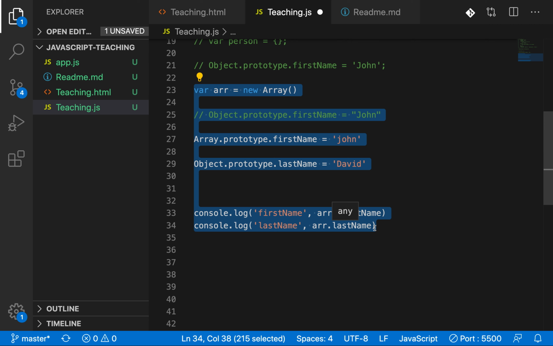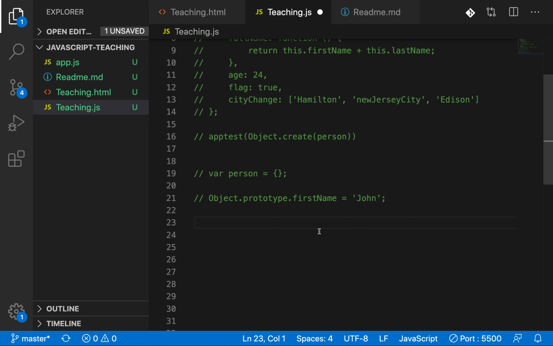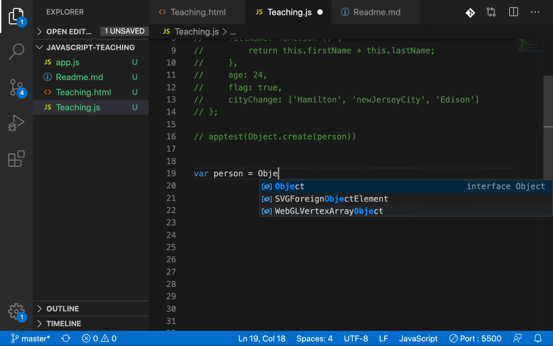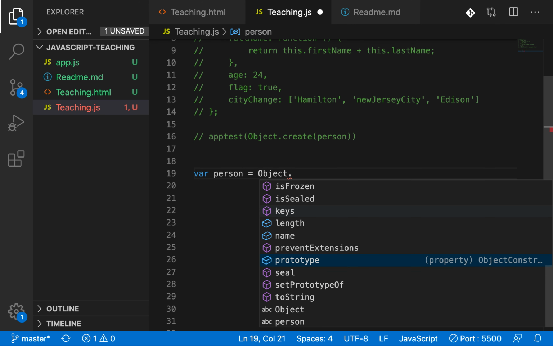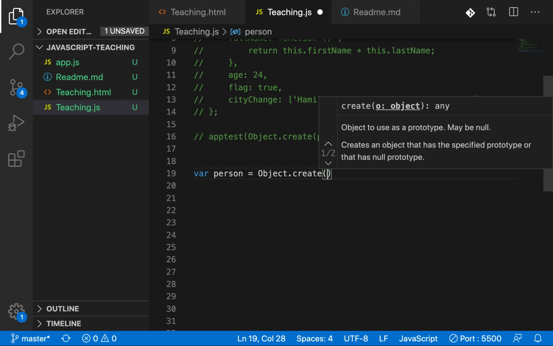Let's get into Object.create. As I said, Object.create creates an object, basically an empty object. So person equal to Object.create, it takes two arguments.